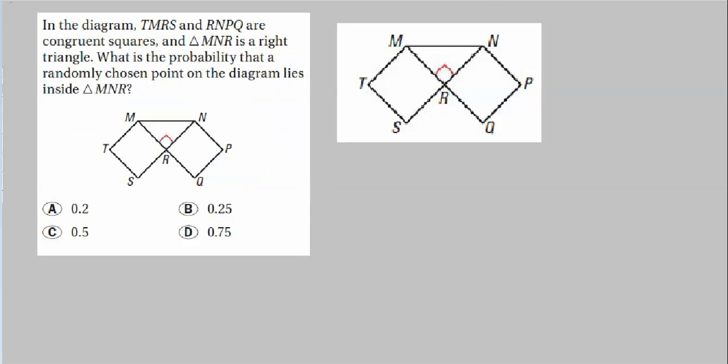You know, this is one of those problems that probably looks a little rougher than it is. I mean, the biggest stumbling block you might see right off the bat is they don't give us any dimensions here. We don't know what any of these lengths are. But they want us to find a probability that something lands. Oh, I see. We're not placing something on it. We're removing something from it. So if we choose a point randomly from this diagram, what's the probability that it came from inside this little right triangle?